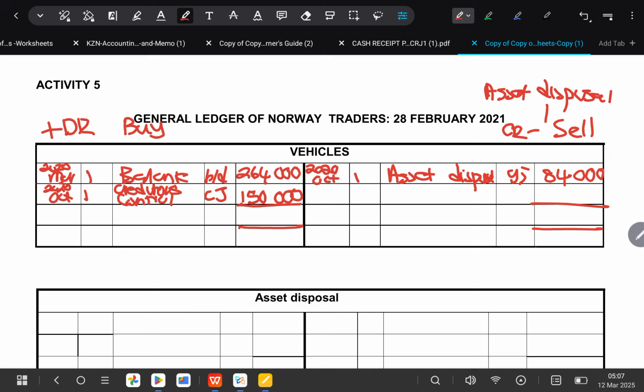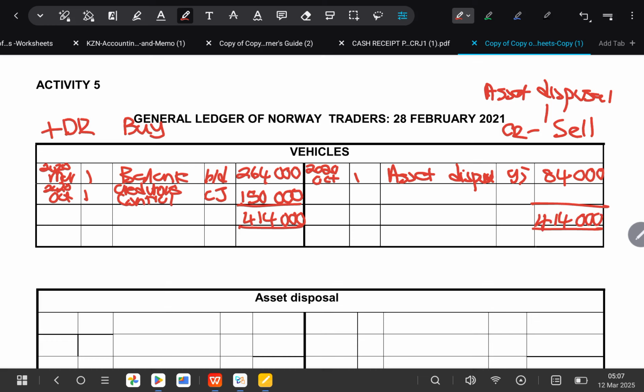Remember, you need to record the movements in terms of your cost price, and then also record in terms of your accumulated depreciation. So we are going to say 264,000 plus 150,000, and then it is giving us 414,000. So we have 414,000 here. Remember, it is the bigger side, so we also have